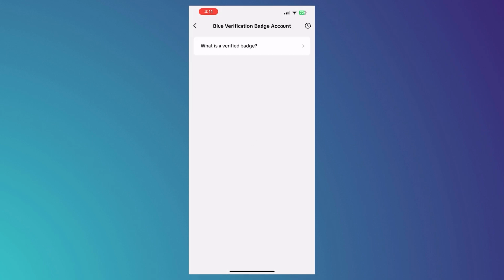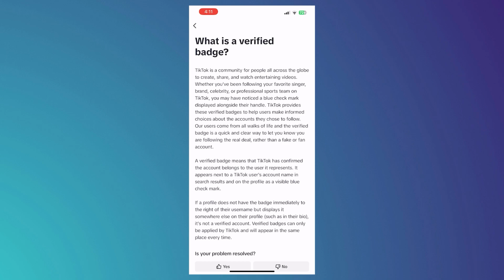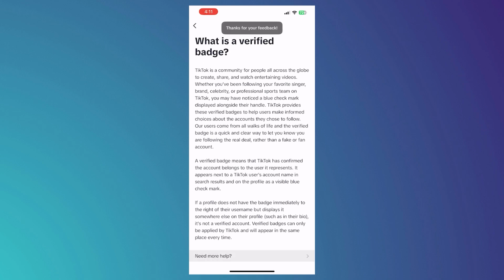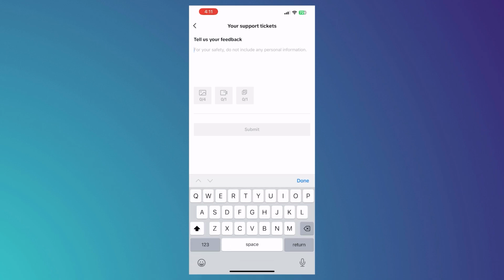And what is a verified badge? You want to tap on that. And from here, you want to tap here on no right there, and need more help. Tap on that. And then from here, you want to provide what you need. So you want to go for I want to get my account verified,